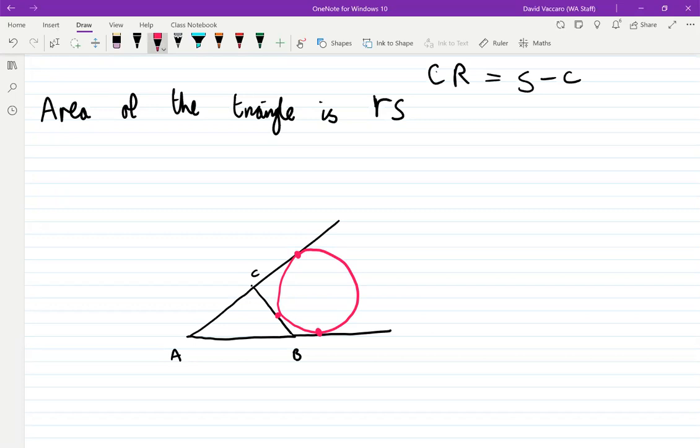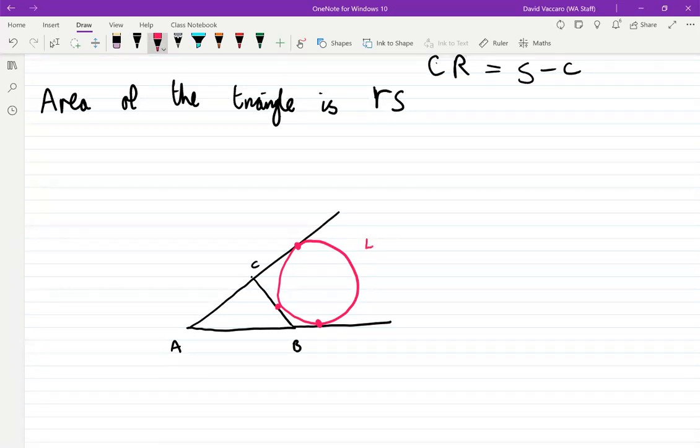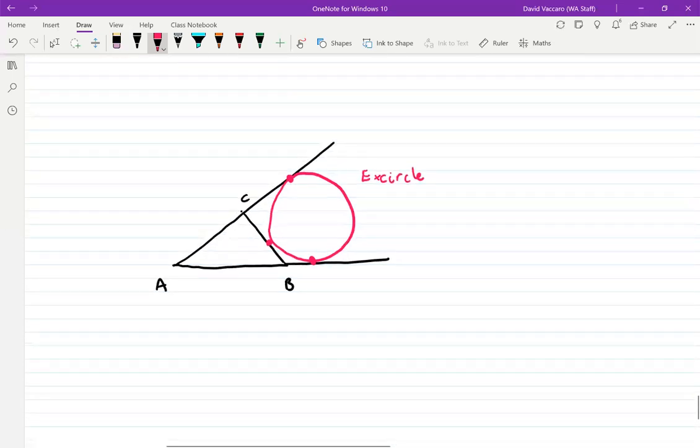Okay, I'm going to call this the X circle. Okay, just to convince you that this is possible,